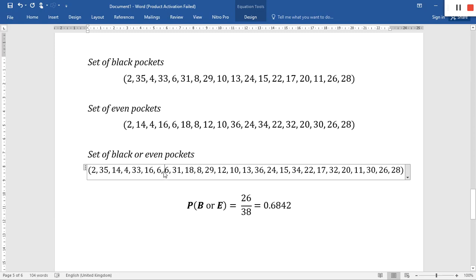Is this reasonable? Are there two possible outcomes to get a 6? No. Even though a 6 is a black and a 6 is an even, there's only one possible outcome to drop on a 6. And so we have to truncate any duplications that there are in order to get the actual results. So there's also the notion of intersection. Intersection is now where we have